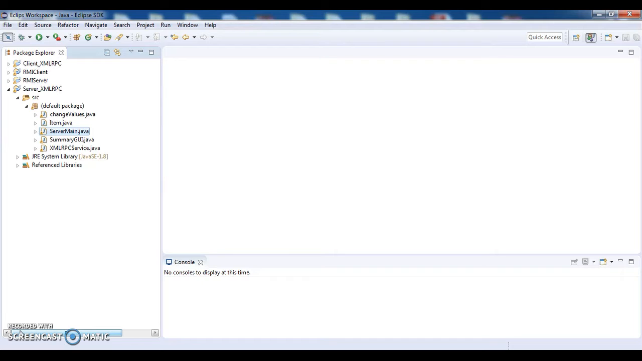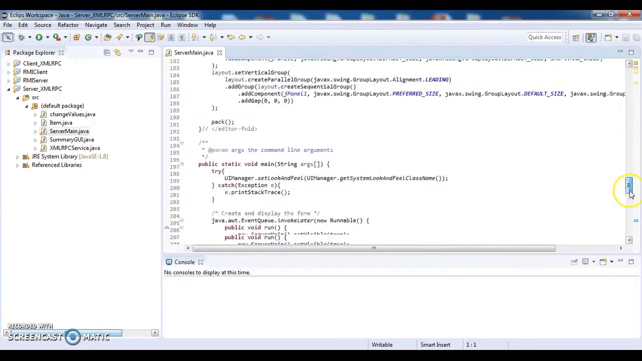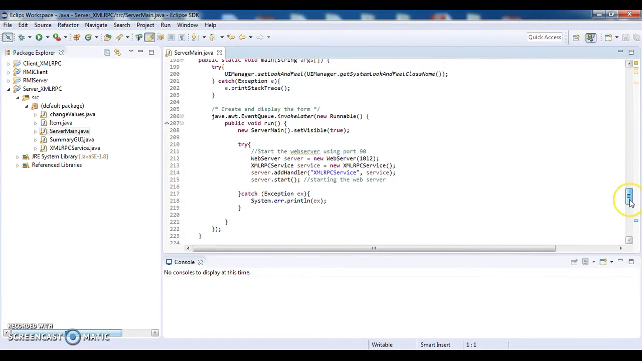For that, we will have to implement the codes in the server main part. Here we have the codes to invoke the connection with the client. For that, we are using this particular object for the web server,